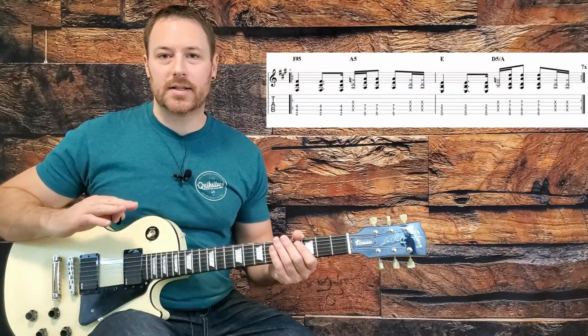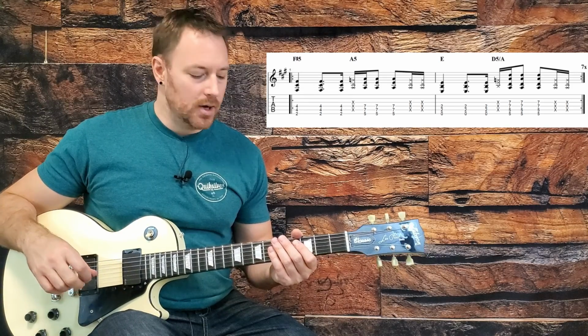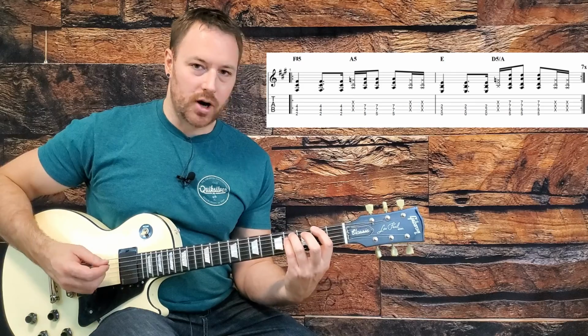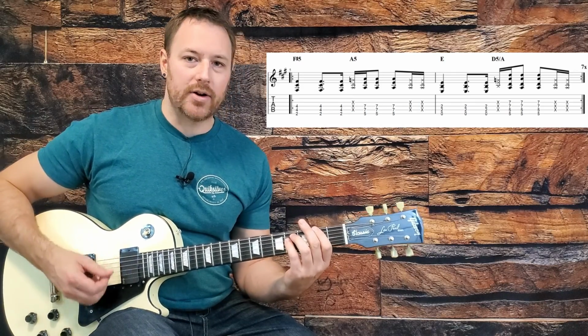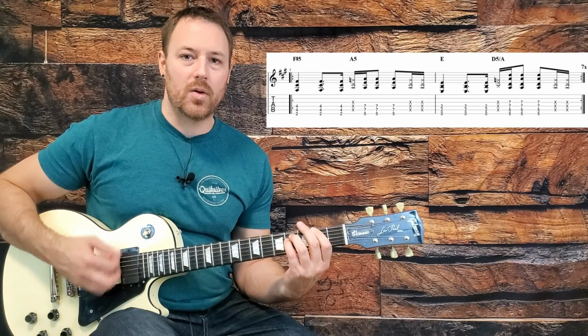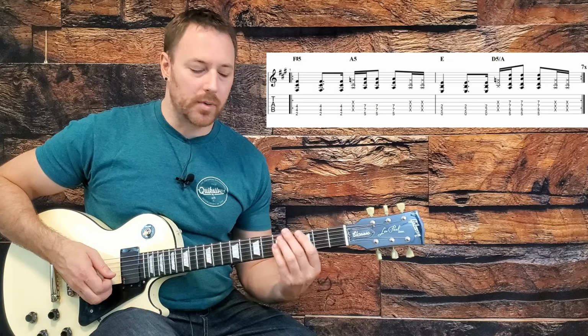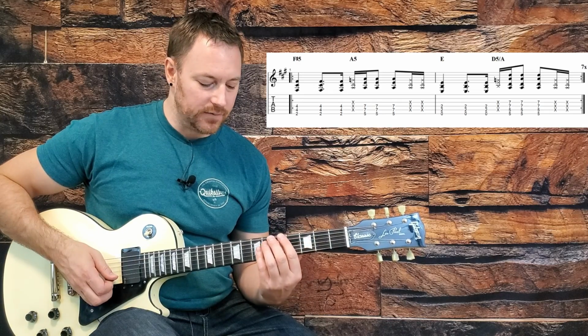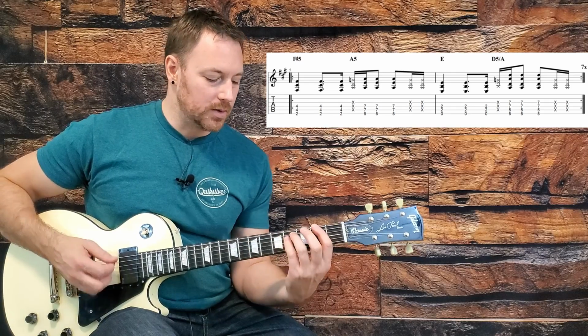The verse is the same chords as we just did in the intro, just instead of arpeggiating them, we're going to strum them. Okay, so we start off that F sharp power chord. Okay, now we have this pattern of down, down, up, and then a down strum, but we're going to get some dead strings in there to facilitate the change up to our A power chord. Okay, so it's like,